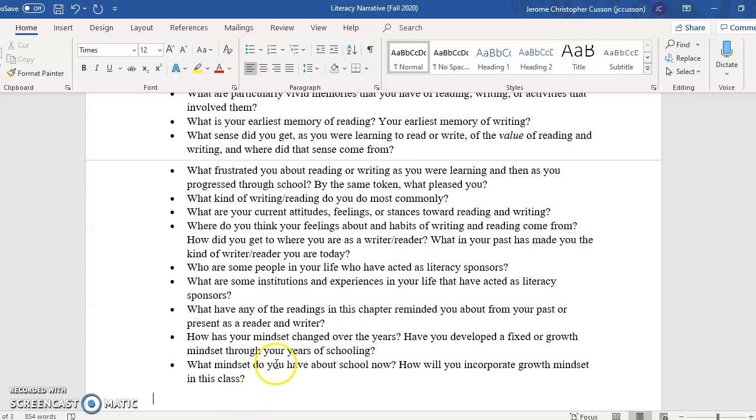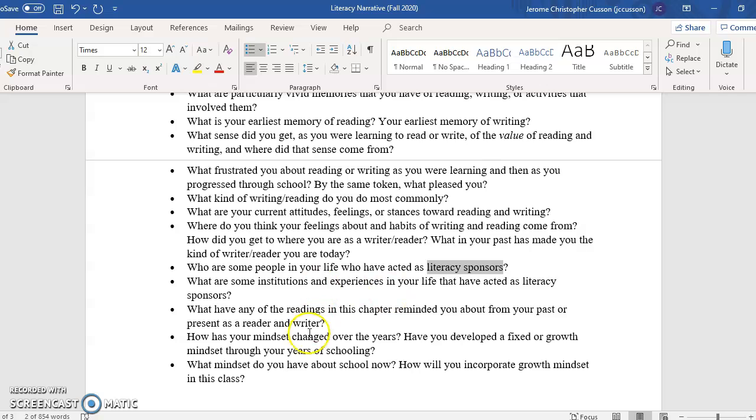And I think a couple questions that I do want to point out to you. This idea of literacy sponsors. The reading that you do for this week is going to explain to you about literacy sponsors. That's something that we will discuss in the meetings as well. So if you look at this and you're not sure what the term means, just be patient.